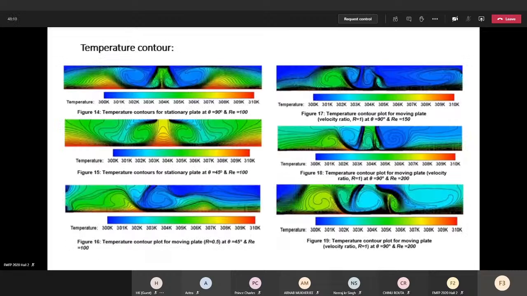For a stationary plate condition, a symmetrical pattern of temperature distribution is observed, as shown in the figure. The region surrounding the jet has significantly lower temperature, which indicates the existence of a recirculation region. The temperature of the domain is more uniform in the case of lower impingement angle. For a moving plate condition, it is also seen that the temperature distribution is different at different locations. At lower impingement angle, the temperature distribution is more uniform.